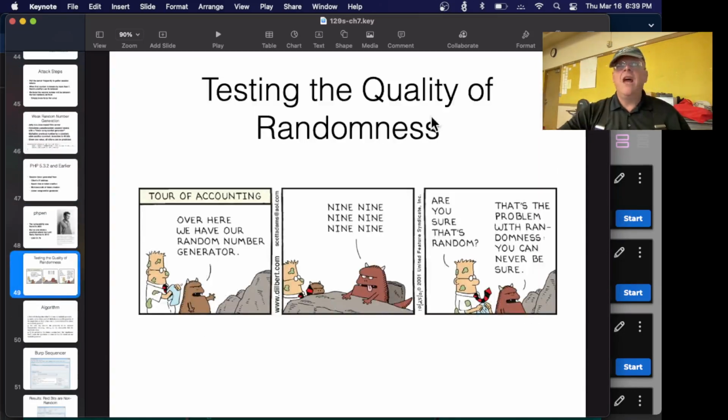And so you say, how good is randomness? And here's the obligatory Dilbert. Before Dilbert went nuts and got himself canceled, he had a lot of good. So you have a random number generator, and it just gives you 999,999. Is that a good one or a bad one? You don't know. How do you determine whether a random number is good?